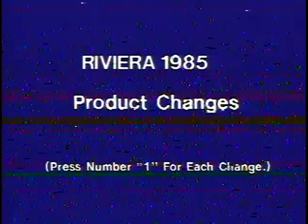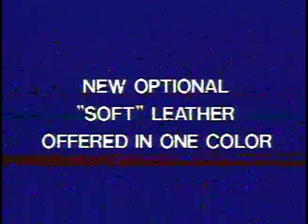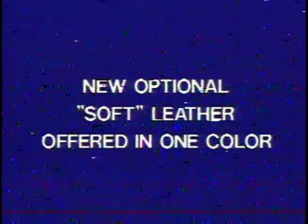Let's review the important Riviera product changes for 1985. Many new exterior colors, new deluxe steering wheel, many new interior trim colors, new optional soft leather offered in one color,